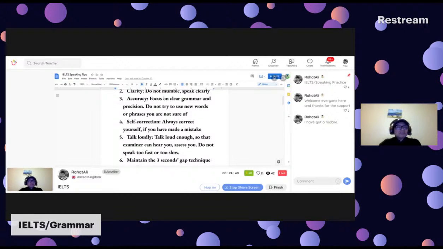Point number 5: talk loudly. Talk loud enough so that the examiner can hear you and assess you. Do not speak too fast or too low. Here is the clue. Too fast: I've seen people talking too fast when they don't have the clarity, they don't